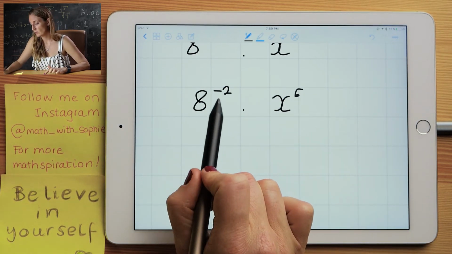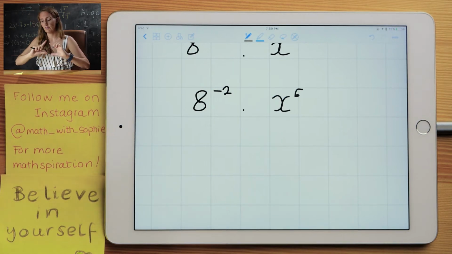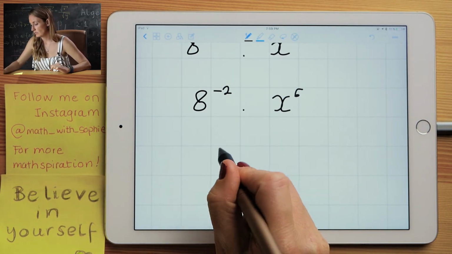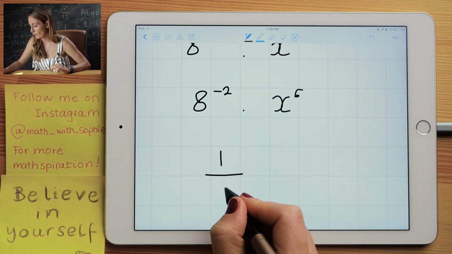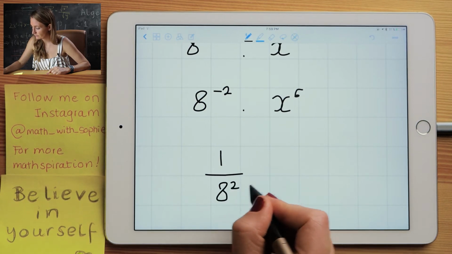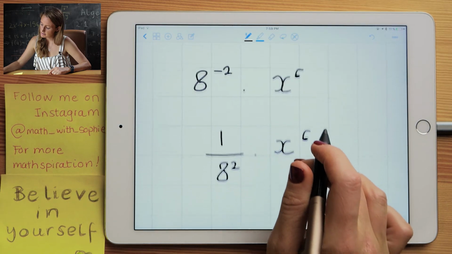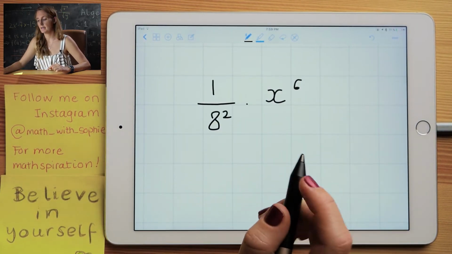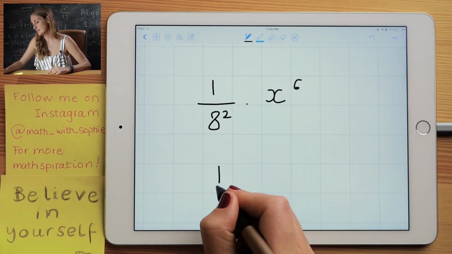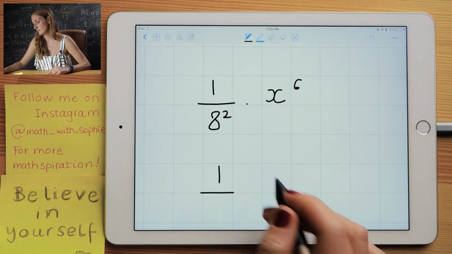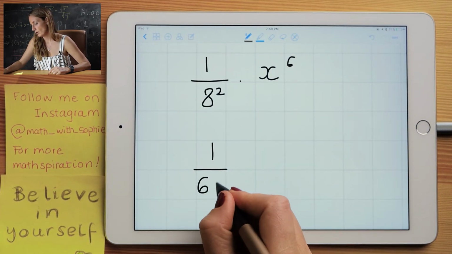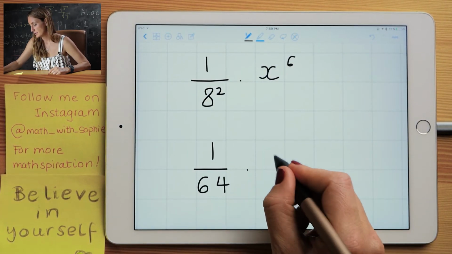Now, we're going to deal with this minus. That minus will make it flip upside down. So we're going to have 1 over 8 squared times x power 6. Now, 8 squared is 64, and the reason for that is 8 times 8 is 64. So we've got 1 over 64 times